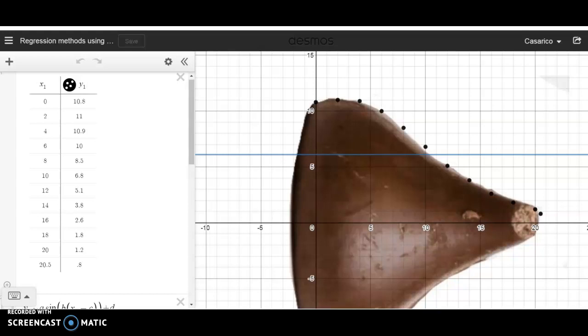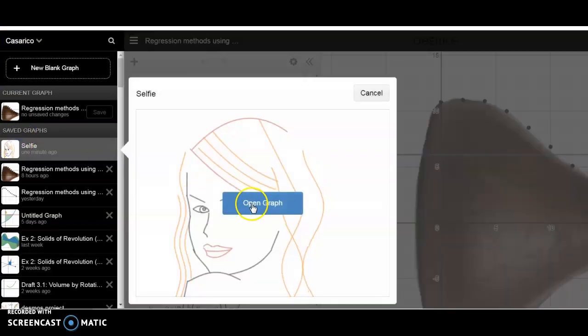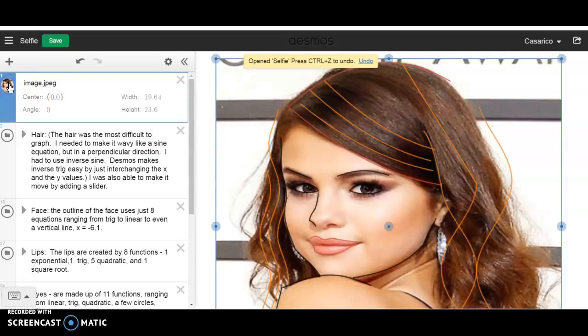This video will look at how to use regression or technology to find the equation that best fits your data points. Remember, here's my Hershey Kiss, and I've already put in my data points. Remember, what we're going to do is something similar to the very beginning of the year when we did the selfie, and I asked you to create a picture of yourself, by kind of tracing or creating equations to come up with